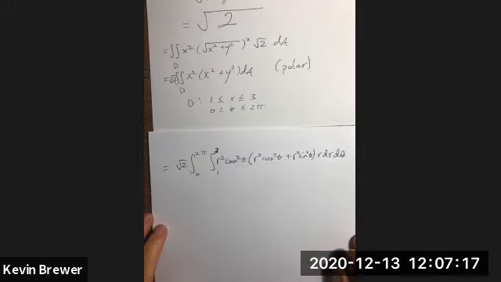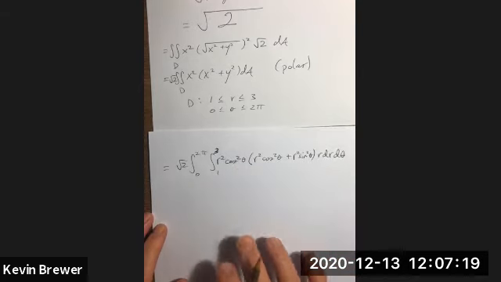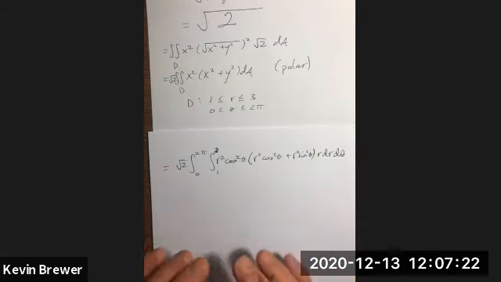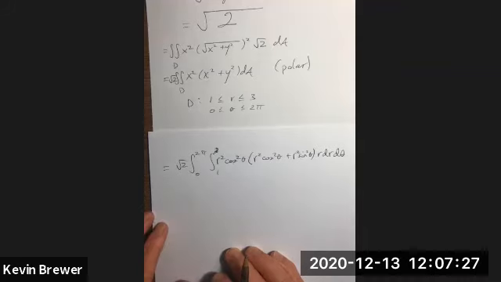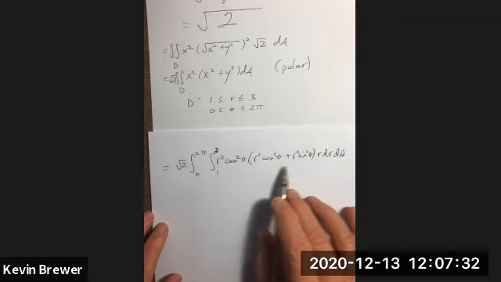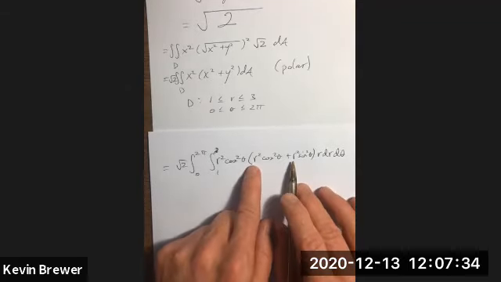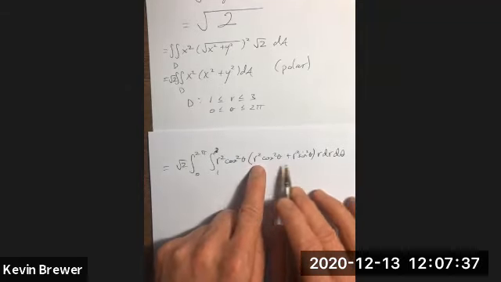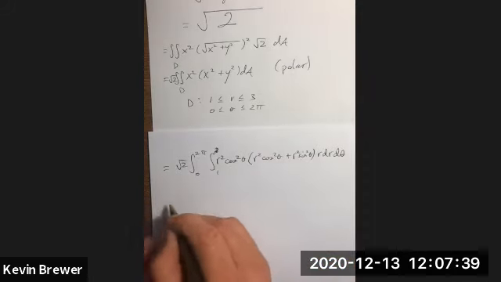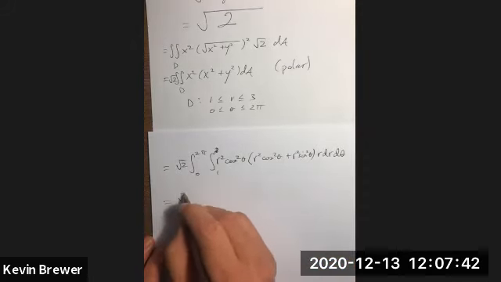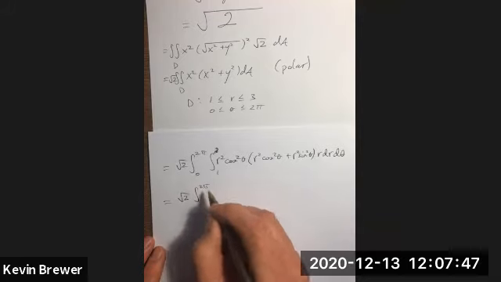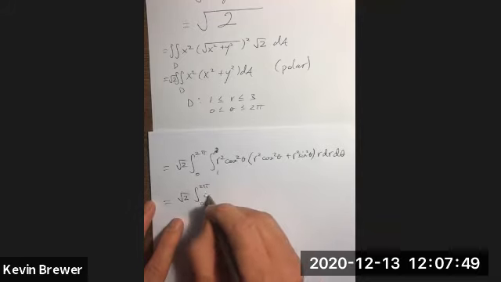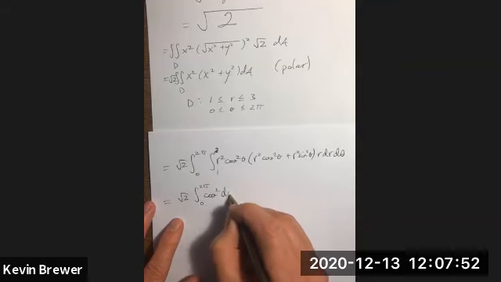And this wouldn't be a bad time for you to press pause and see if you can work through this integral. I will pause for half a second for you to press pause. And I hope you did that and found all the simplification. Factor r squared out of this, and sine squared plus cosine squared is 1. So then you can factor the integrals. This becomes square root of 2, integral 0 to 2 pi of cosine squared d theta